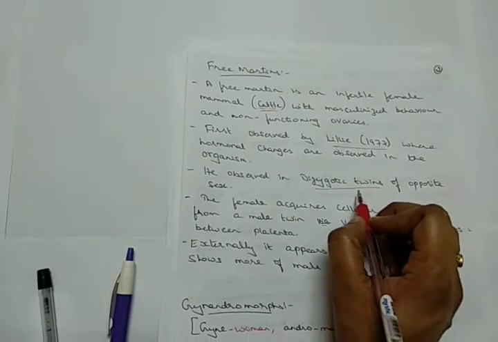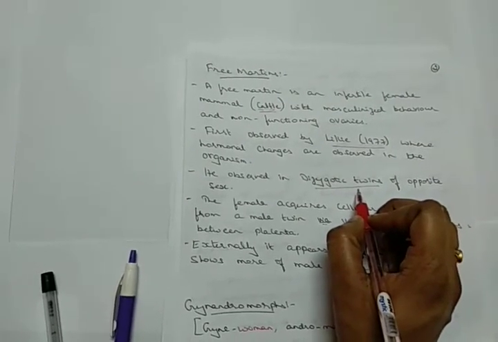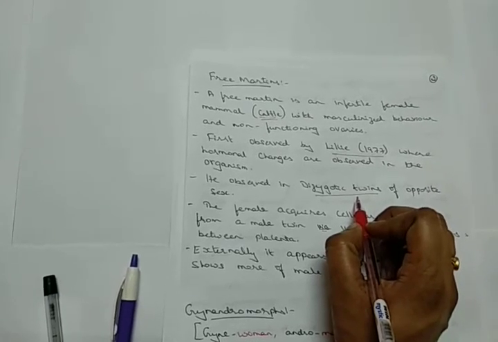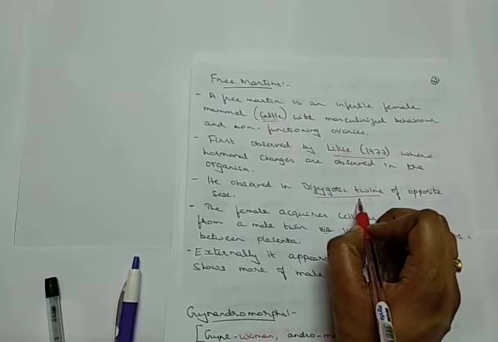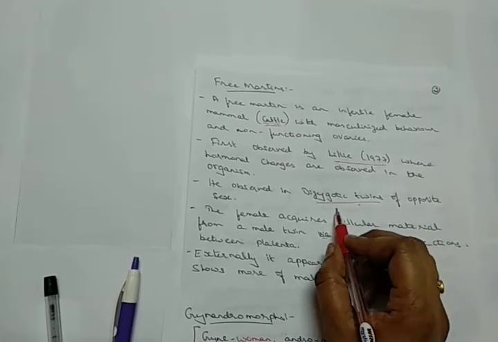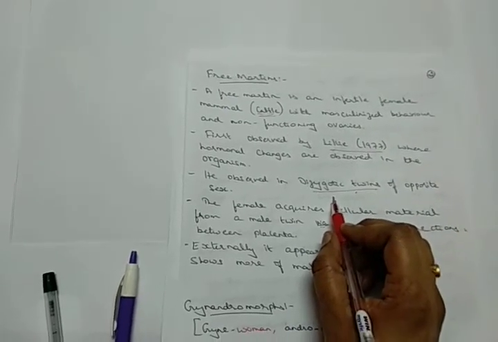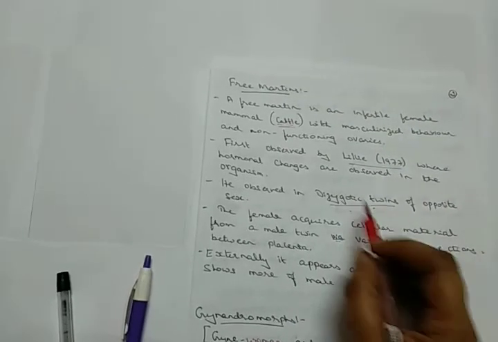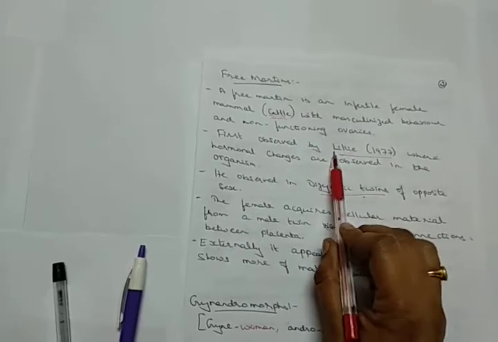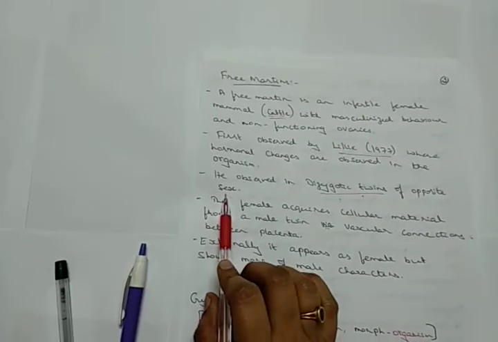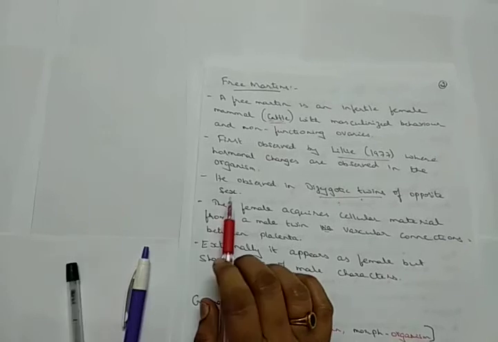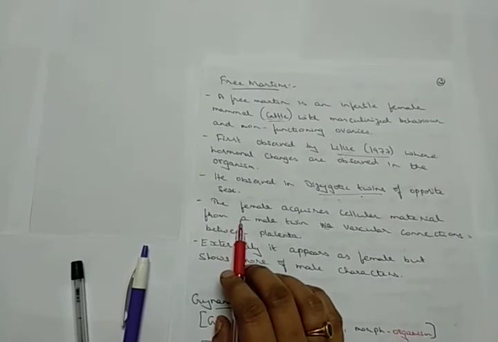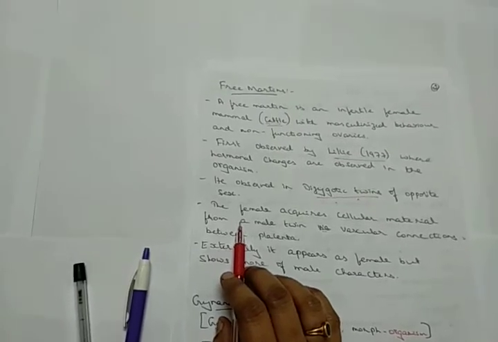Dizygotic means the eggs are separate. Two different eggs are fertilized by two different sperms, and the offspring may be of two different sexes or of the same sex. But in cattle, Lilly observed it in the opposite sex, where he observed that a female cattle showed many characteristics of the male